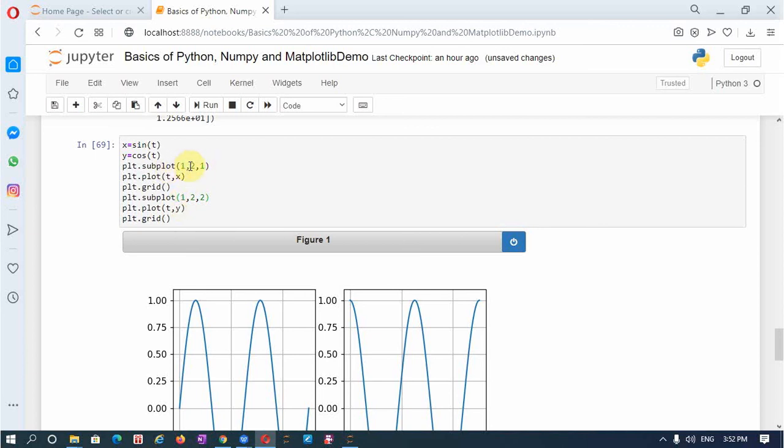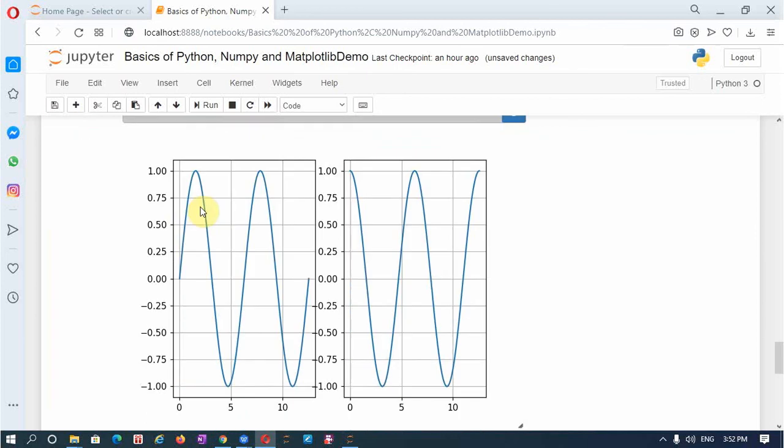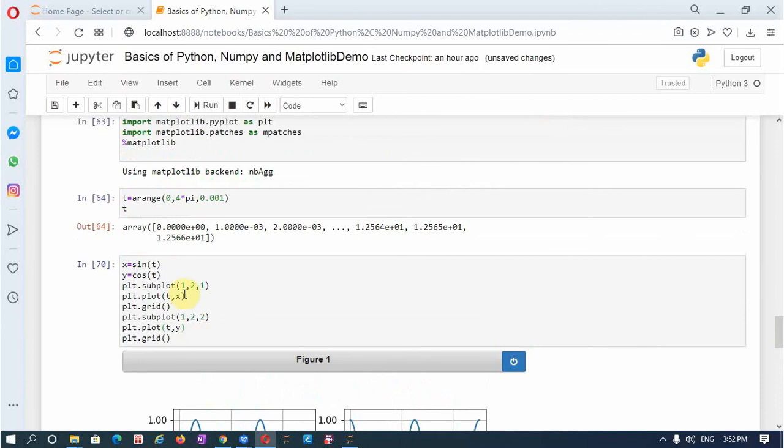So in the first column element, I plot the sine function, and in the second column place, I'll plot the cos function. So when you run this, you'll find that this is the first plot, second plot. So we can give the labels to these plots. I'll make the label here, plt dot, I'll give the title